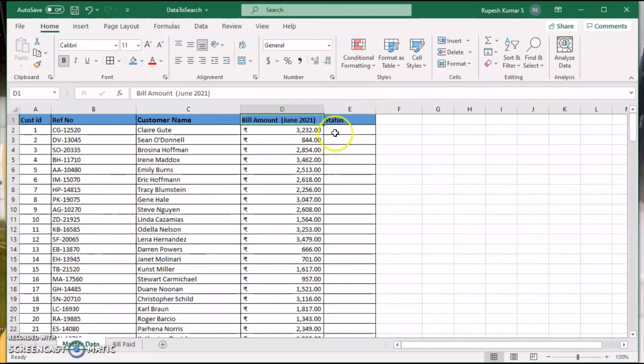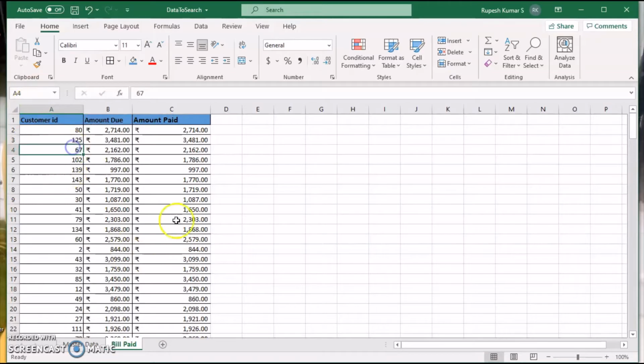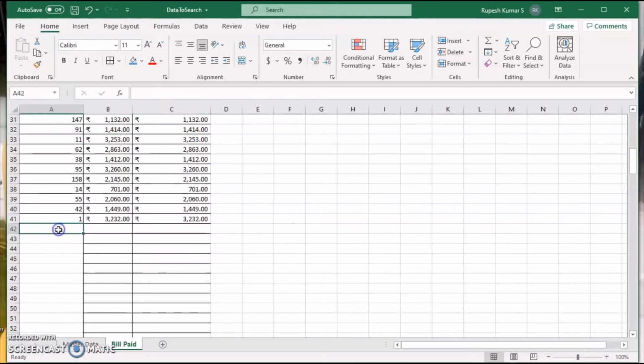For status, I would like to find out whether the bill amount has been paid or not. Any customer who is paying a bill is maintained by somebody else, maybe in another Excel file, and we get it later on. The moment some customer pays the bill, his or her details get captured in this place. Suppose customer ID 3 has paid the bill. How is this going to be captured? Customer ID 3 is entered and I already wrote a formula to capture his bill. For this customer ID, the bill amount is 2854.